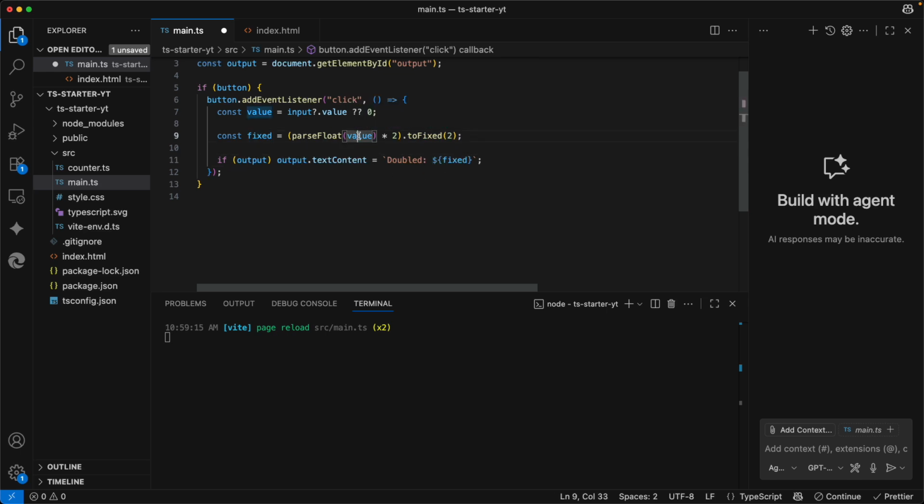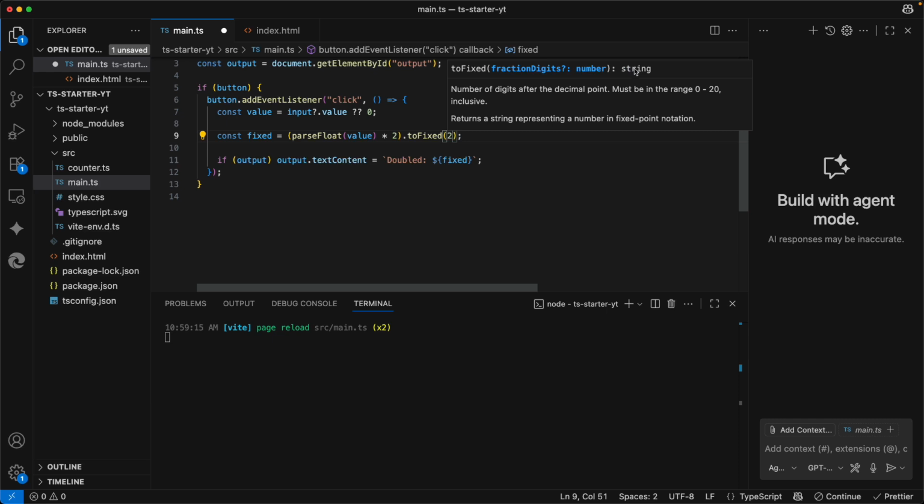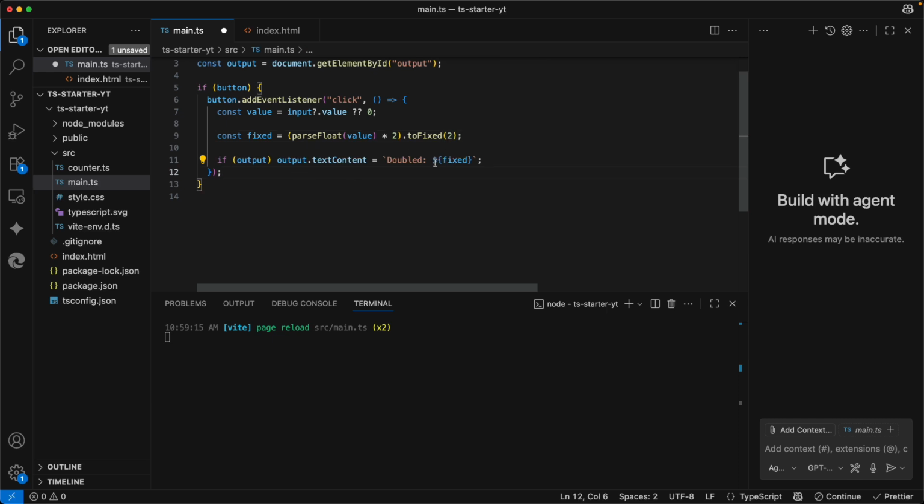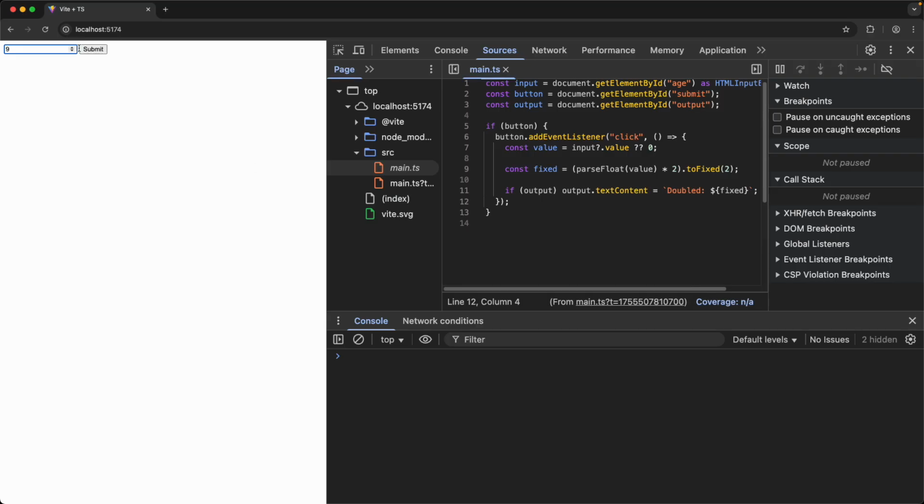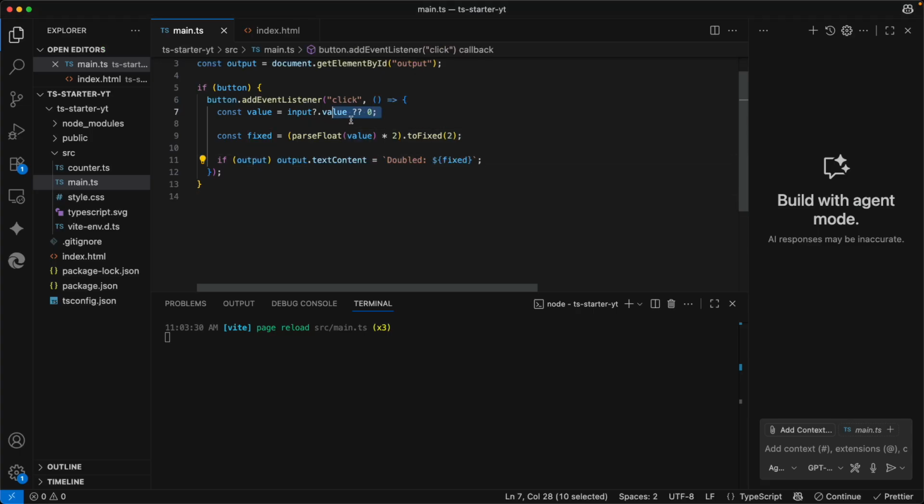And this parseFloat returns a number, so we can multiply a number with another number, so the 2 here. And then we have a number, and we have toFixed, which is returning a string. And the string can be set here, and then we have the text content set to the correct value here. Okay, so let's check that in the browser. Entering, let's say 10 or 9, submit, and doubled, it's 18. So that is working.